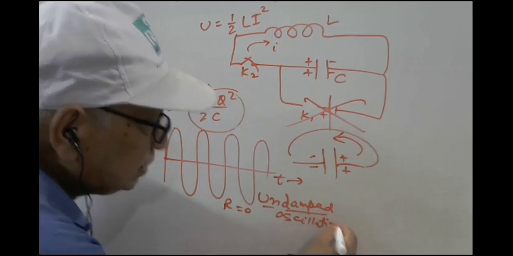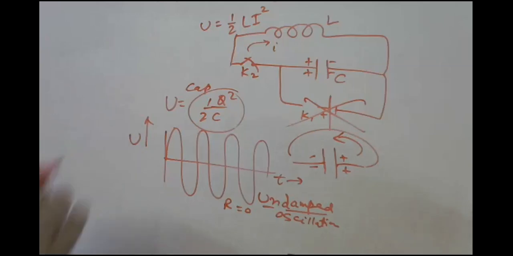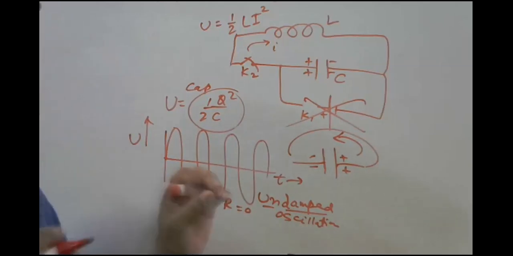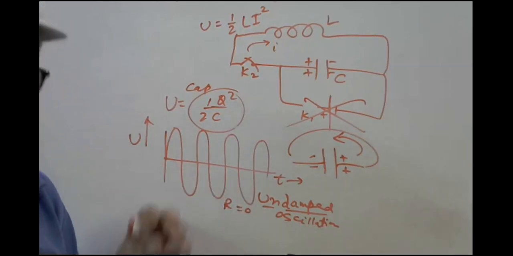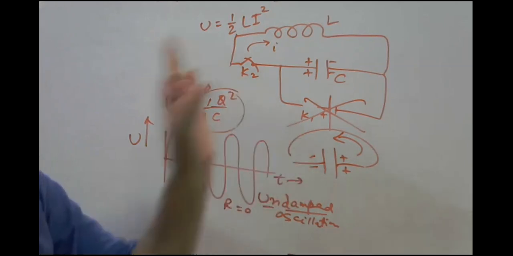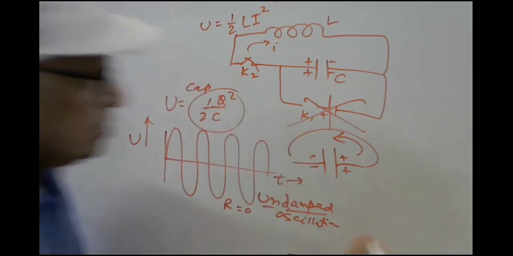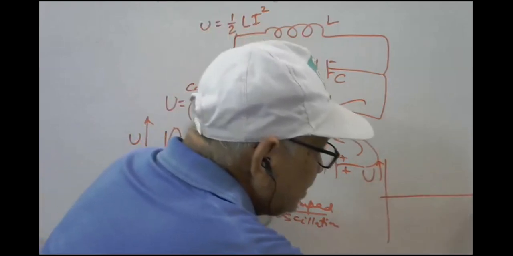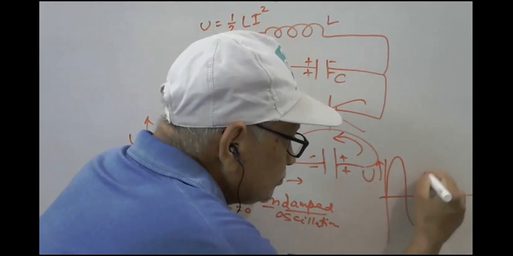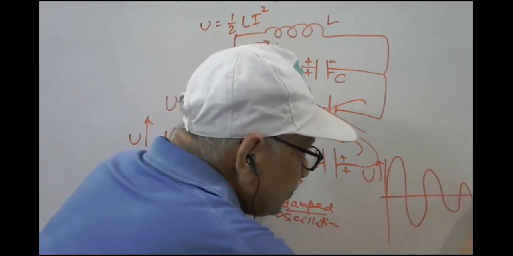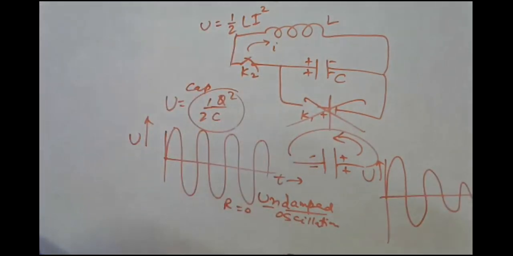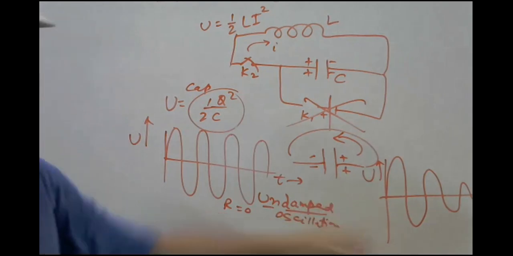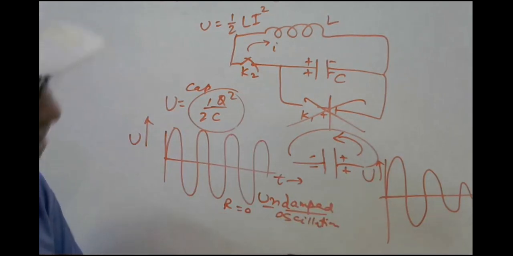Suppose resistance is there, then what will happen in each and every cycle? In the resistance, some energy is dissipated. So in due course of time, all the energy is lost. It is called damped oscillation. So the energy versus time graph will be something like that. In this way, all the energy will be lost in the resistance. So this we'll discuss it